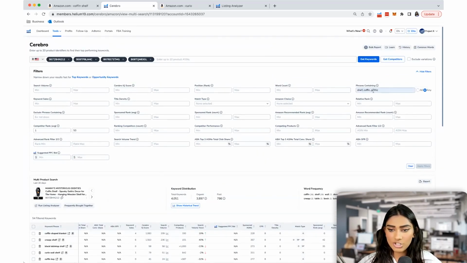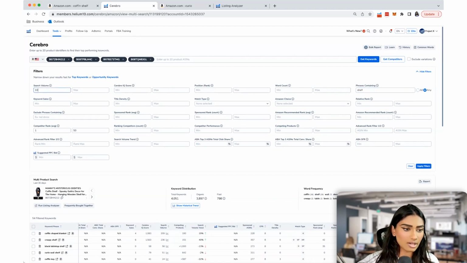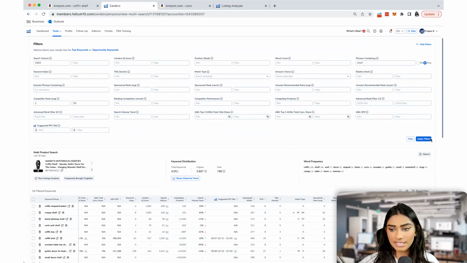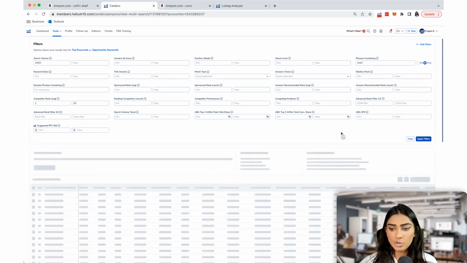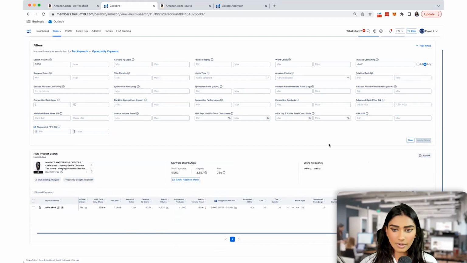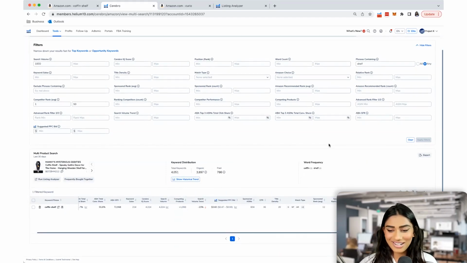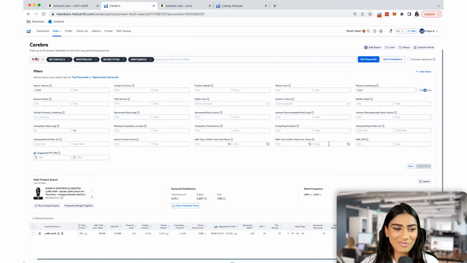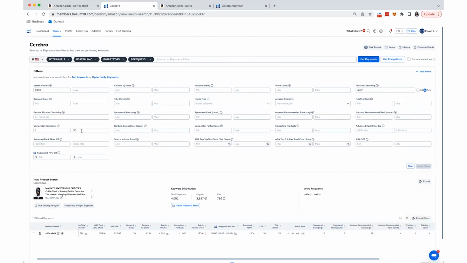Let's go back and just type in shelf, since that's what we have. It's a coffin bookshelf. And then let's type in at least 1,000. And guys, it doesn't mean that you have to search for keywords that are 1,000. I've seen keywords at 500 that generate 4 or 5 sales because it's super specific to the niche. But what is going on? All right. So we have this one, coffin shelf, that we typed in earlier from the top keywords, right? And that's probably my fault because this is very close to the actual top keywords we generated.